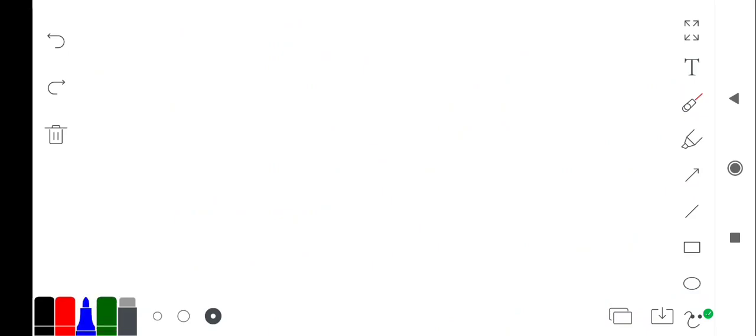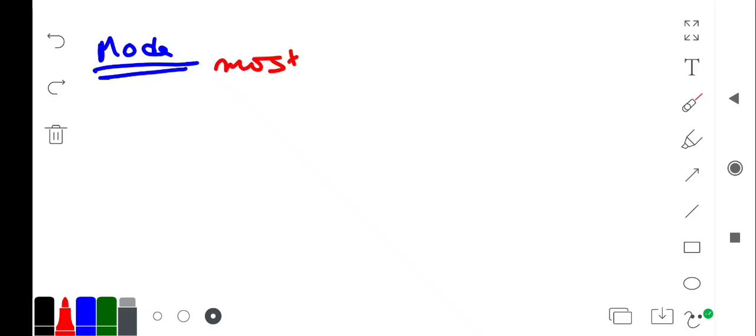Now we have to use the other terminology, that is mod. Mod means that is most frequent number, যেটা সবচেয়ে বেশি আসবে।